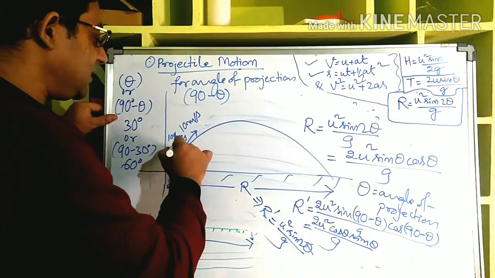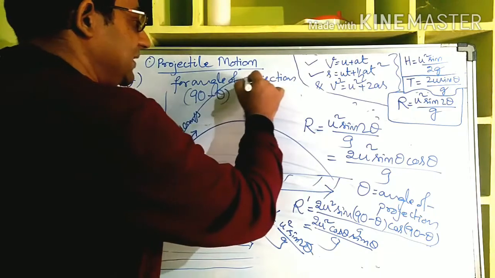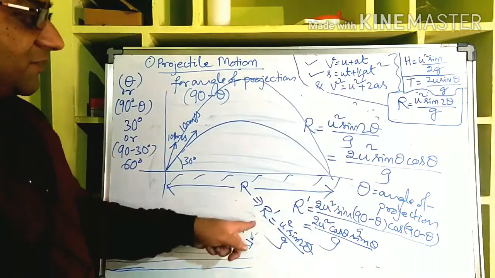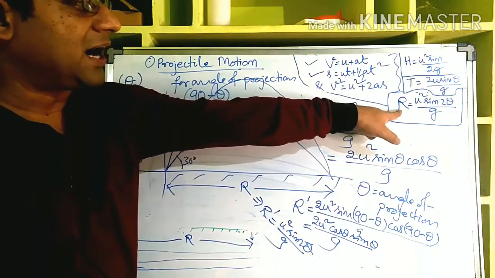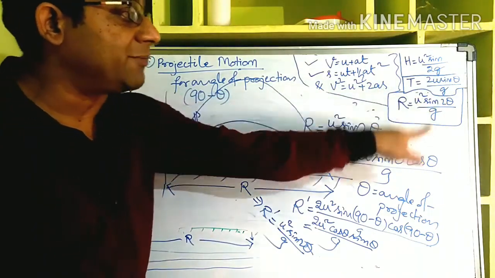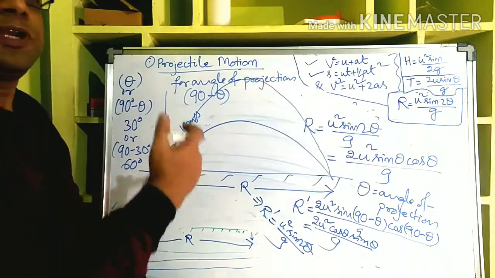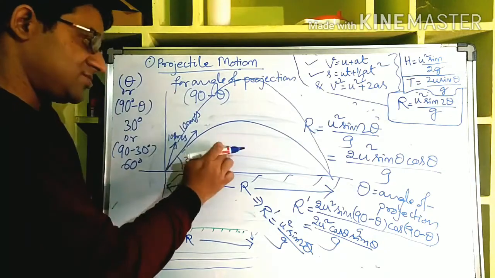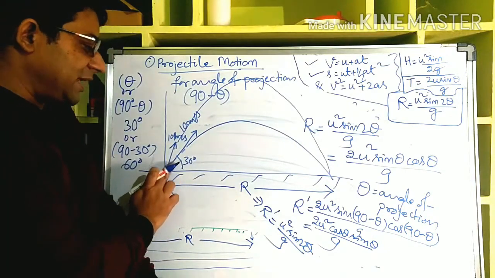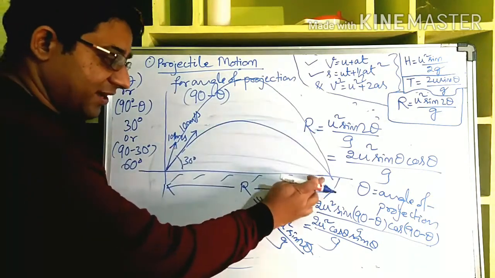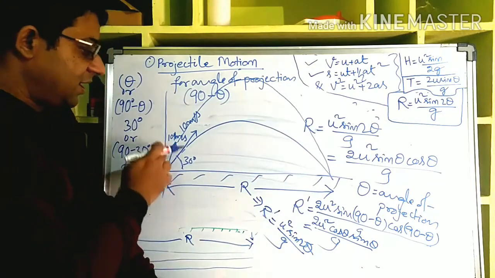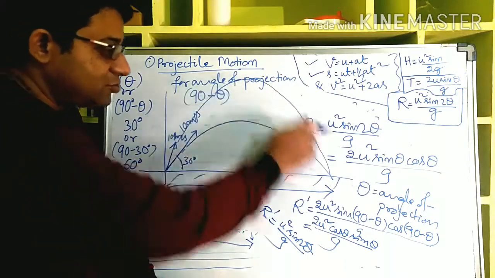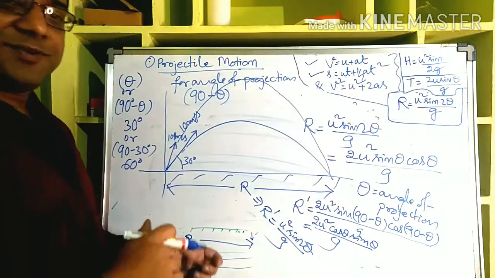What will be the difference? It will go to the greater height, but the range will remain the same. From this formula you can know that R is always u square sin 2 theta by g. Now instead of theta you put 90 minus theta, the same thing is coming. That means coming to this particular question, if you throw with 10 meter per second at 30 degree, that horizontal range is covered. If you throw with the same speed at 60 degree also, because 60 is 90 minus 30, then also the same range is covered. Clear to everybody?